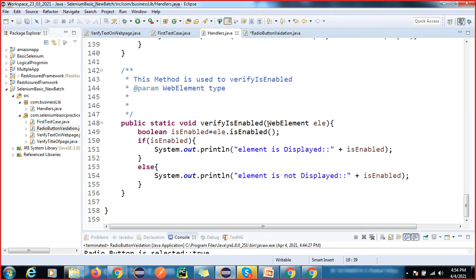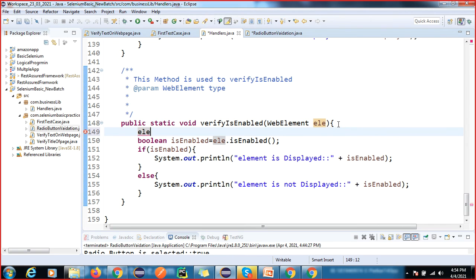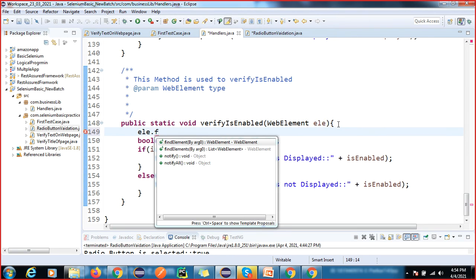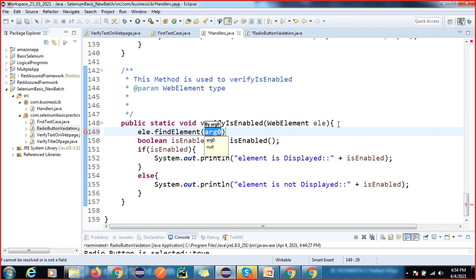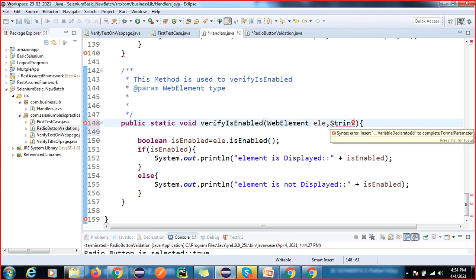So what you can do here, ele, I will also check before, I did not check this. Find elements, okay, and we can take the string xpath, right, and we can pass xpath here. You can try it on your side, and I will also try.